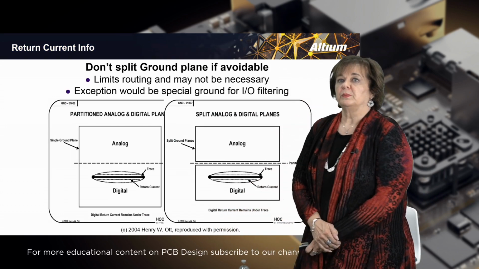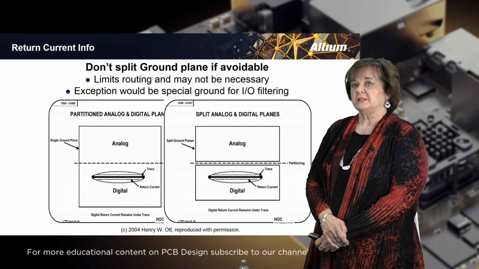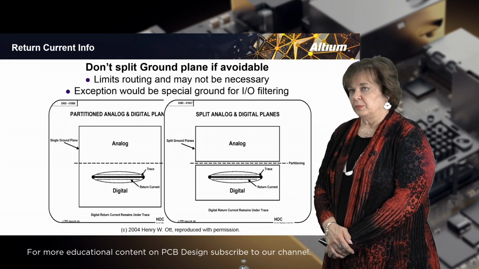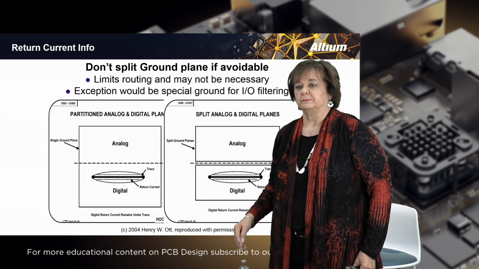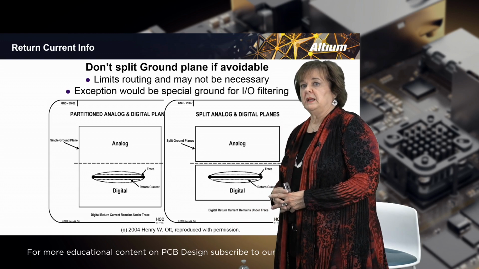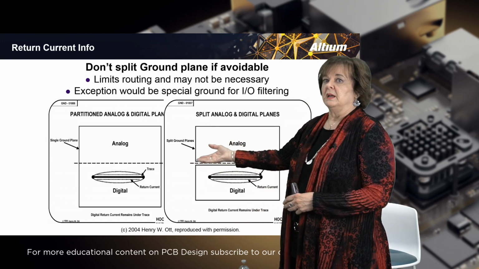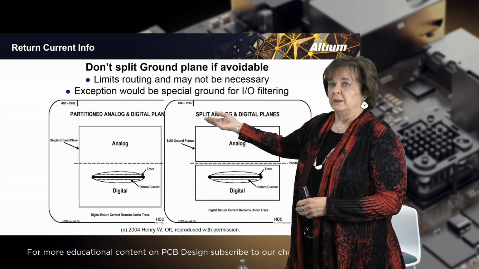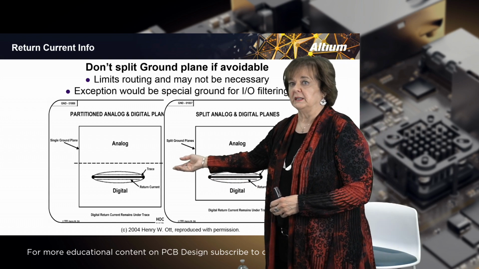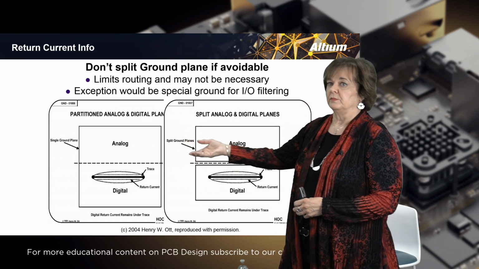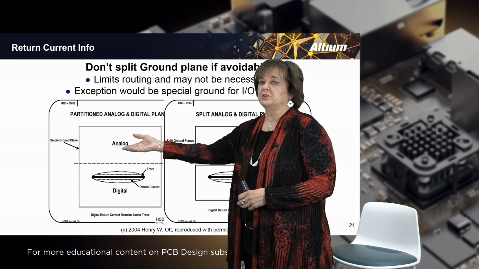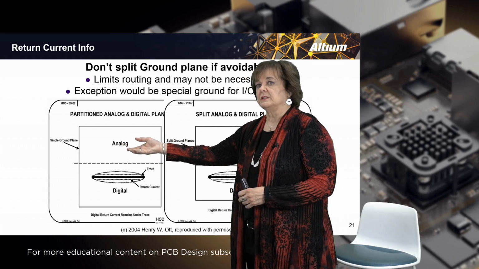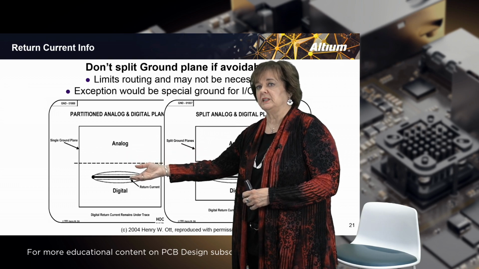I mentioned that we would talk about the splitting of the ground planes. This is a set of slides from Dr. Henry Ott, who is one of the gurus of EMI. And he has shown in these slides that sometimes people want to separate the analog and digital planes by separating them physically. And he's saying if you keep them far enough apart from each other, there should not be any problem with them overlapping each other, because you just keep them back from the edge, the digital signals back from